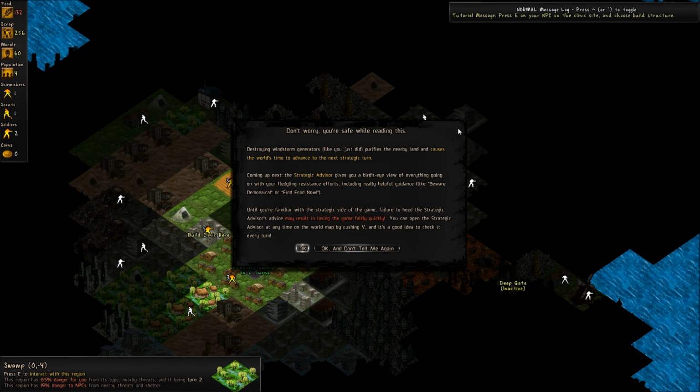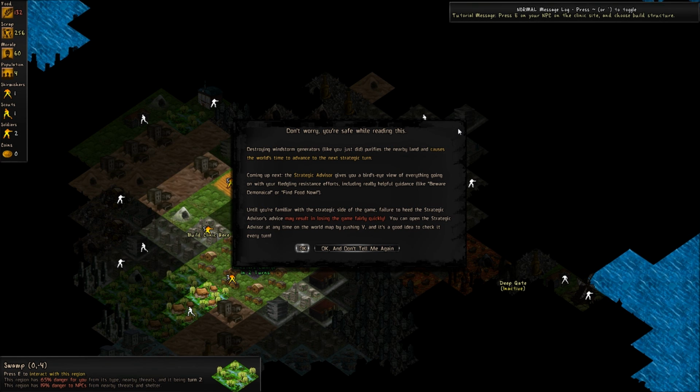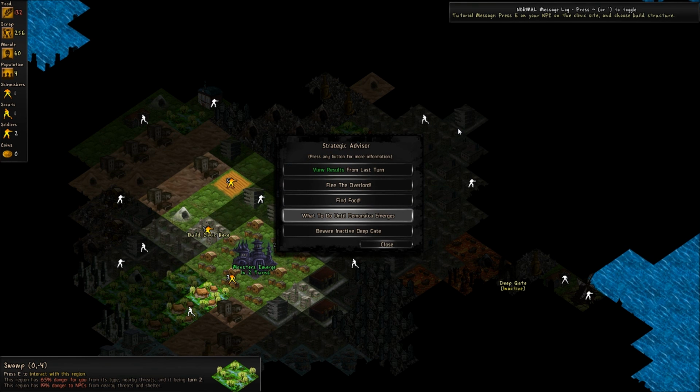Destroying windstorm generators like the one you did purifies the nearby land and causes the world's time to advance to the next strategic turn. Coming up next, the strategic advisor gives you a bird's eye view of everything going on with your fledgling resistance efforts, including really helpful guidance like beware Demonica and find food now. Until you're familiar with the strategic side of the game, failure to heed the strategic advisor's advice may result in losing the game fairly quickly. So basically just check the strategic advisor and